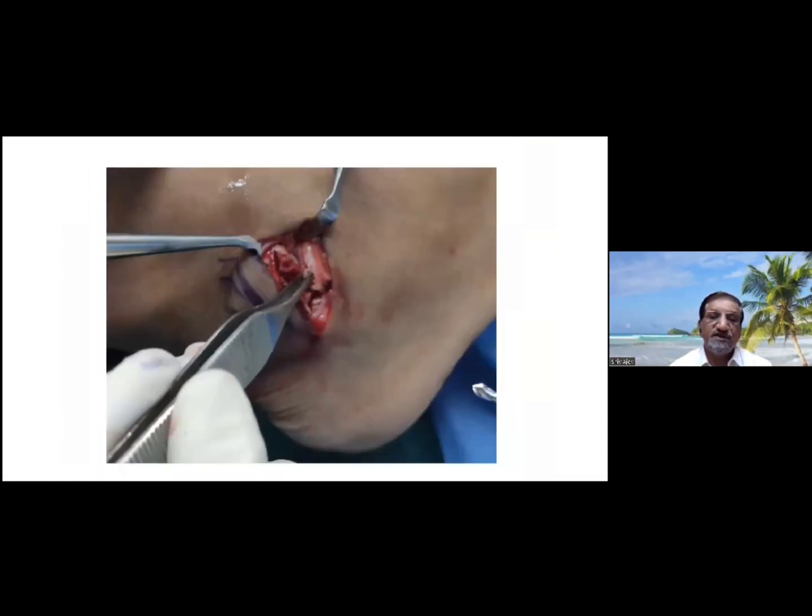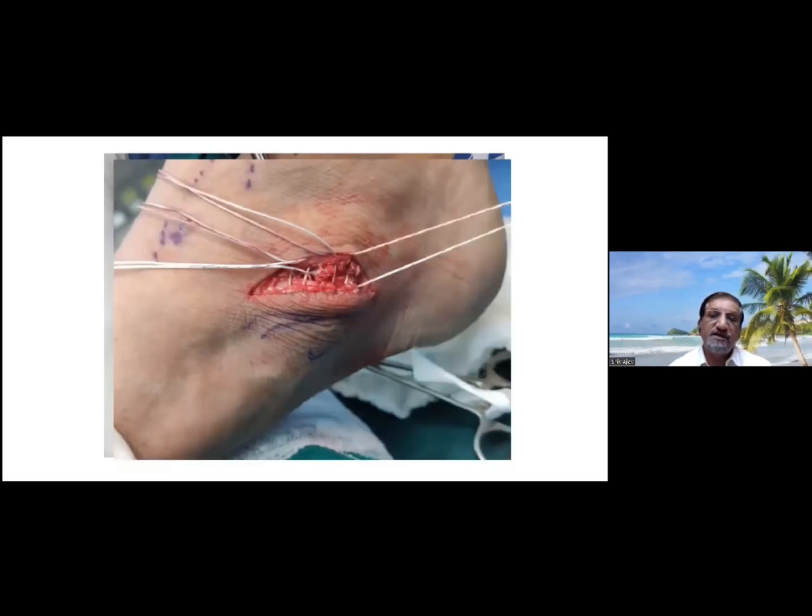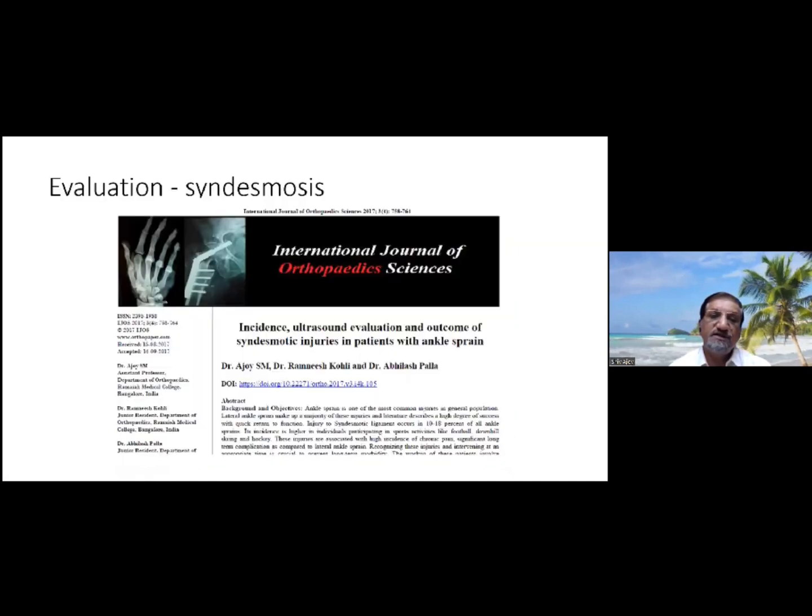So this is one of my own patients where I had performed it. You can see that these are the two limbs of the ligaments which we have separated out. So this is going to go underneath over here, and this is going to come on top of this. And from here we are going to get the fibular retinaculum, extensor retinaculum, and we are going to suture it on top over here. This is what is done, and sometimes we can even use a suture anchor in the cases where the tissue is slightly deficient, and through that we get these sutures out and use them to perform the double breasting.